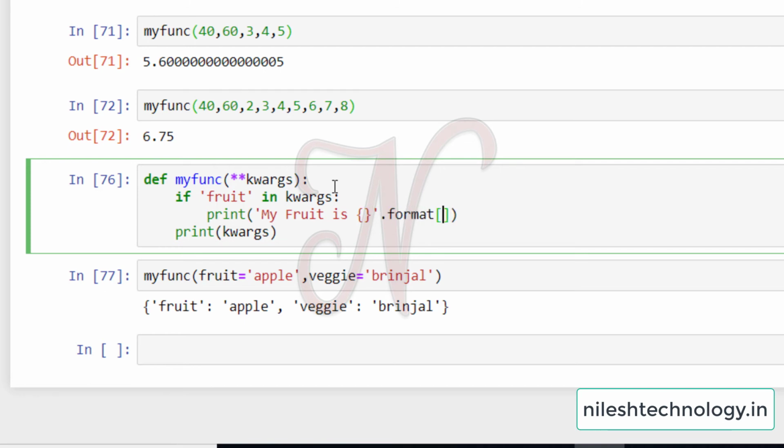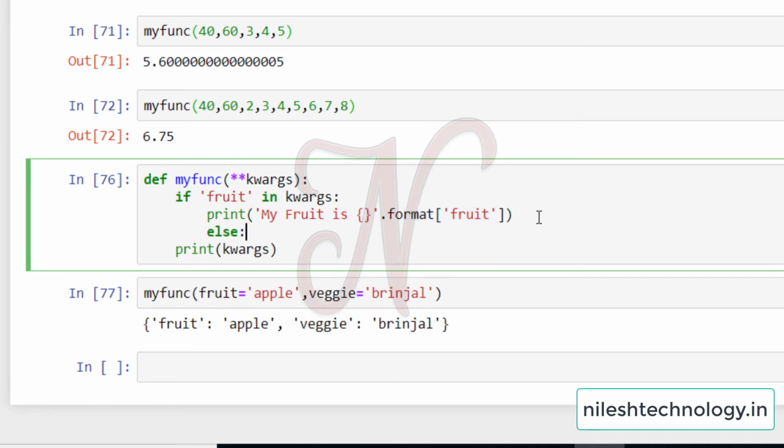So here pass the fruit key name. By using the key here, print the value of fruit. The value of fruit is apple, so my answer is that my fruit is apple.